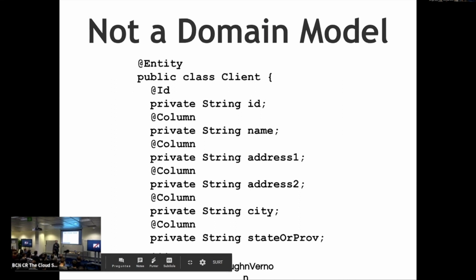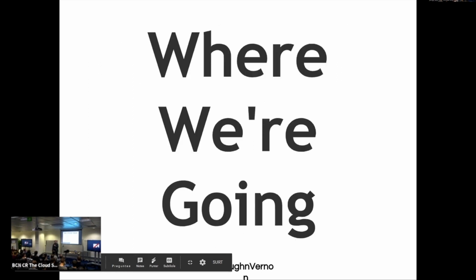So everything here is just annotated as if it's a row in a table, and it's either an identity or it's a column in a table, and that's about as far as our so-called domain models go. So all this results in a lot of bad outcomes, a lot of very negative or inferior outcomes. So I think that this is a big change that we need to make. This is where we need to go in the future.